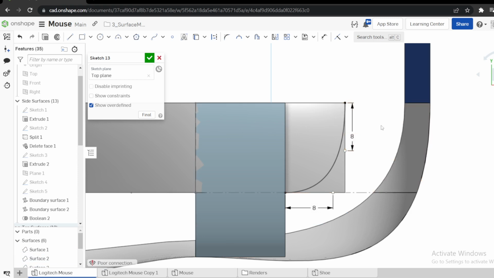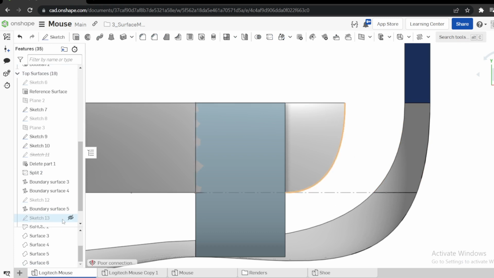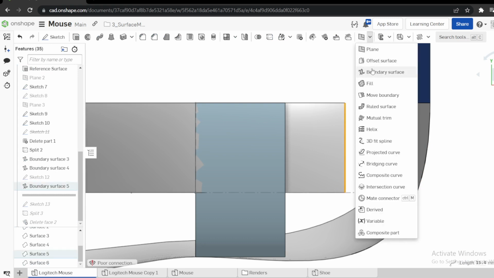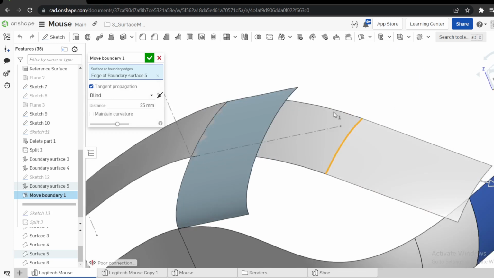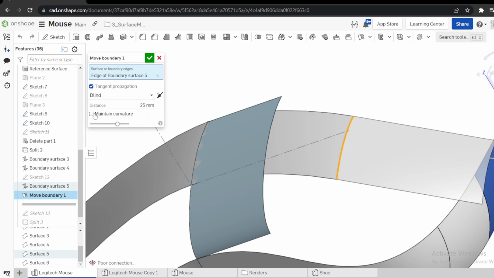I think I have, because I want this one to be almost concentric to this edge. Let me try to balance them now, make it shorter and make this longer. And let me move the boundary a little bit. This one here, I can now move the boundary. The problem of moving the boundary, it becomes straight here. If I say maintain curvature,